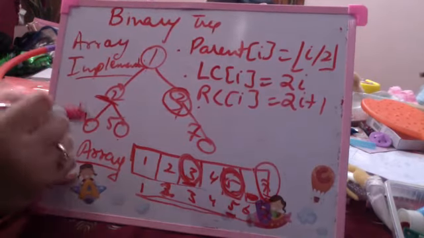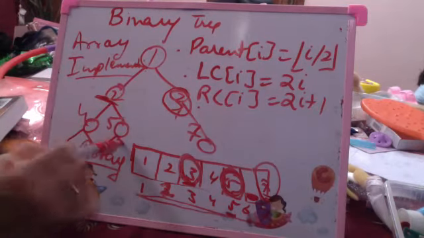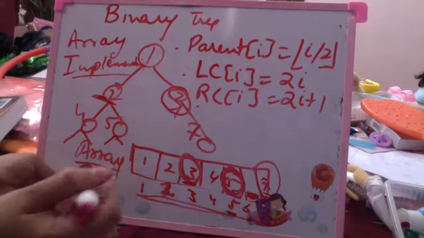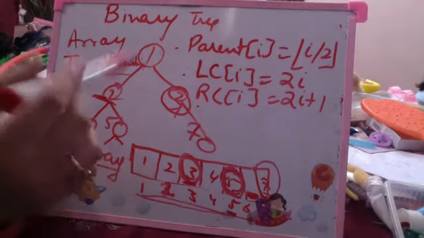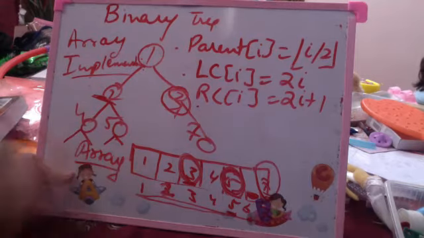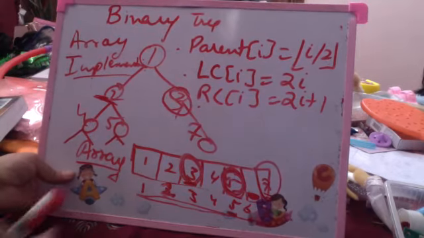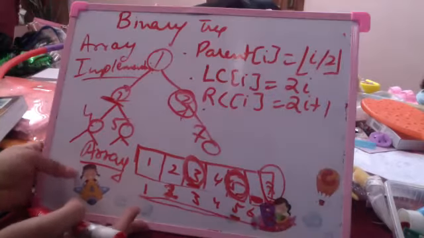The disadvantage is in case I need to create new children or I need to delete some nodes. In that case, there are many extra spaces which are left blank, or for inserting new children, the array size is fixed. We know that this is a static implementation. That is why we move on to the linked list representation of trees.